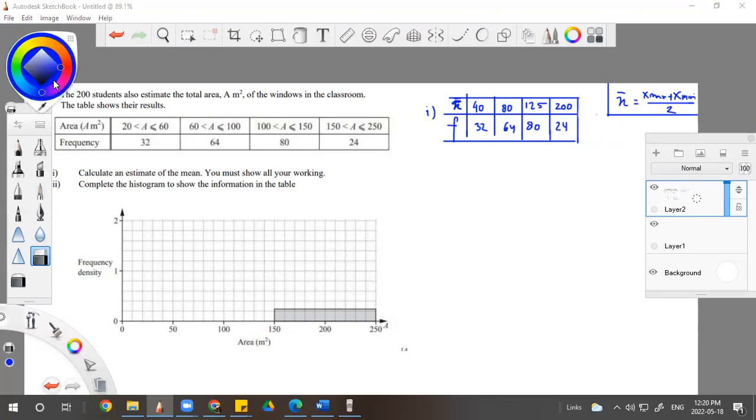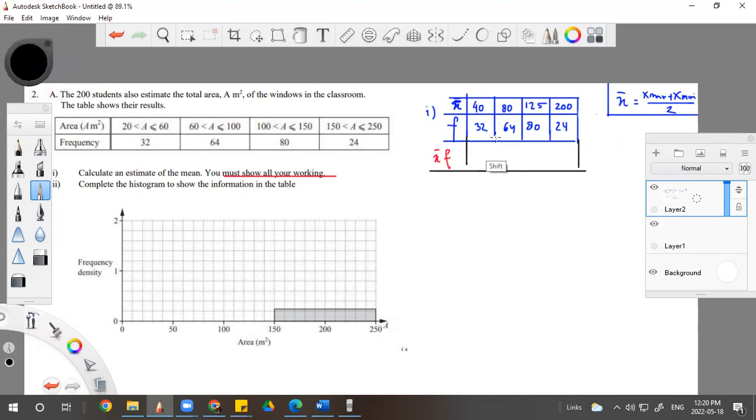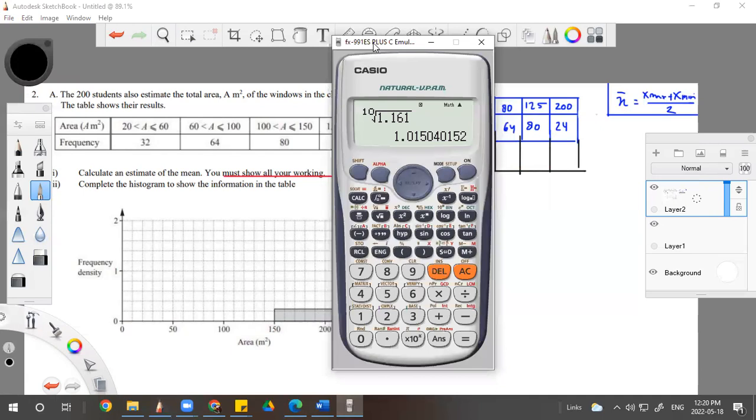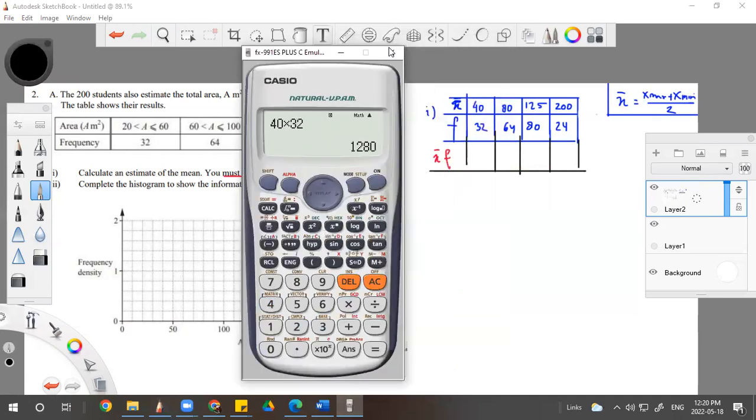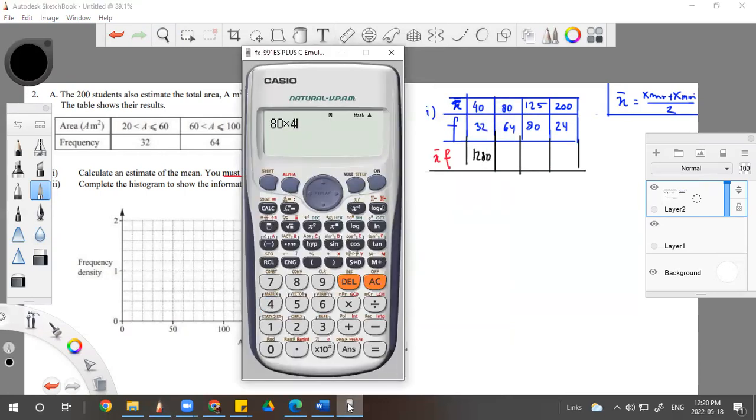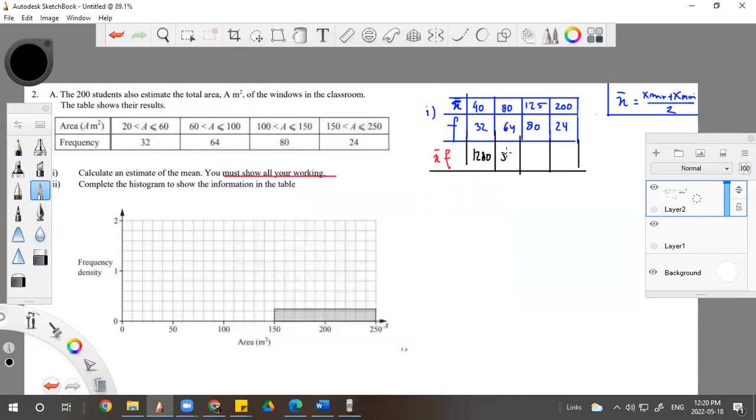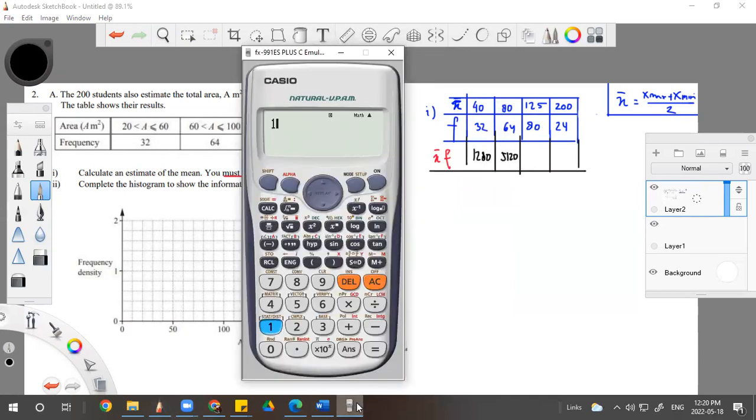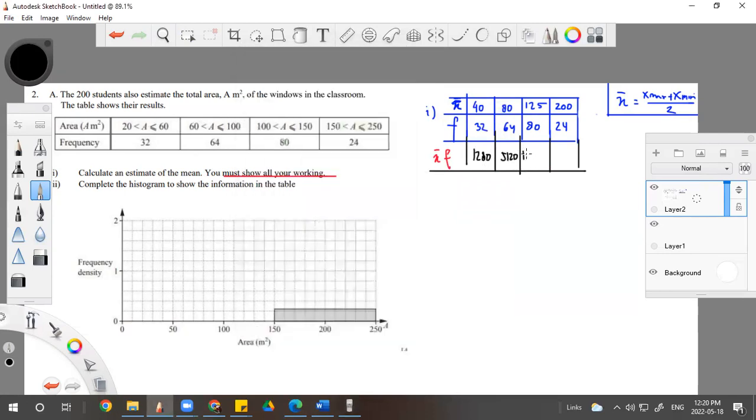So how do you calculate the mean? Do it on the x times f. Again, you must show all your working. So you cannot just put it on the calculator. You just multiply this with... Okay. 40 times 32, slowly. 40 times 32, 1,280. 80 times 64, 5,120. And then 125 times 80, 10,000. 200 times 24, 4,800, right? And then the mean or average